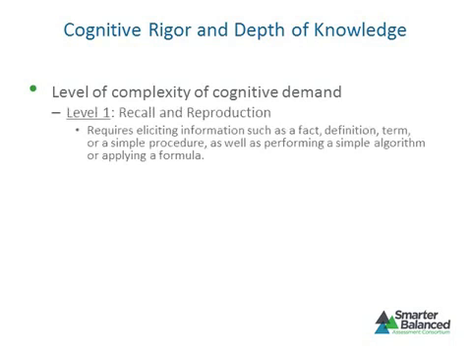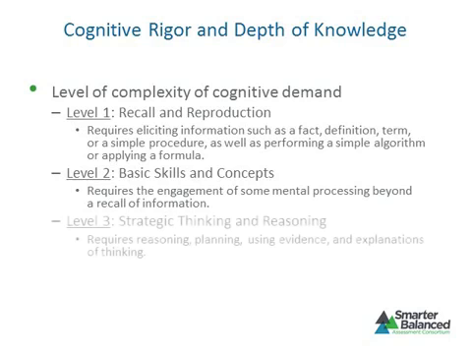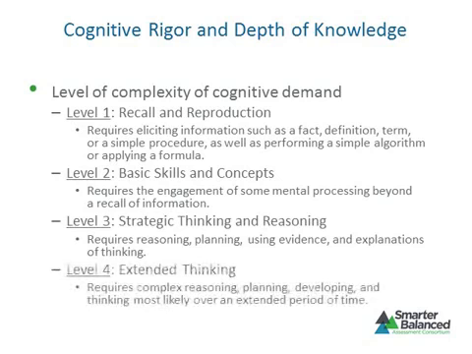The first level focuses on recall and reproduction of facts and other types of information. The second level focuses on basic skills and concepts that require cognitive processes that extend beyond the recall of information. The third level focuses on strategic thinking and reasoning. The fourth and final level requires extended thinking that includes complex reasoning, planning, development, and cognition that occurs over an extended period of time. Let's take a look at a sample item for each of the 4 levels of depth